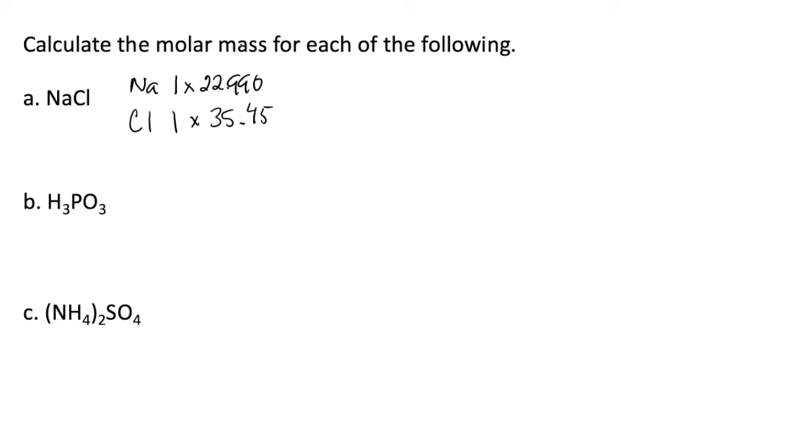Now, once we determine each of the elements and have determined the mass, we want to determine the total mass of that element in that compound. So since we have one sodium times 22.990, 1 times 22.990 is 22.990. 1 times 35.45 is 35.45. Now you want to add these together, and that gives us